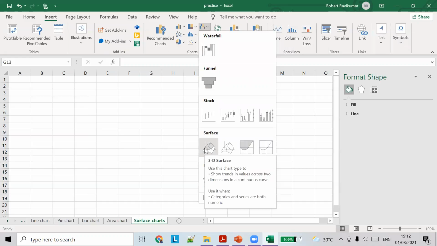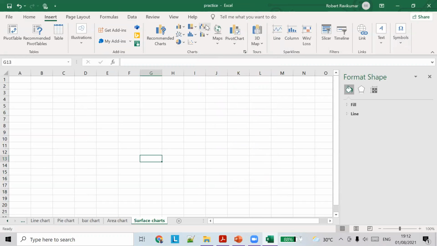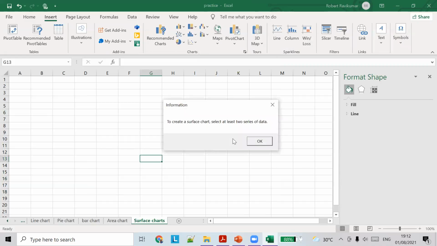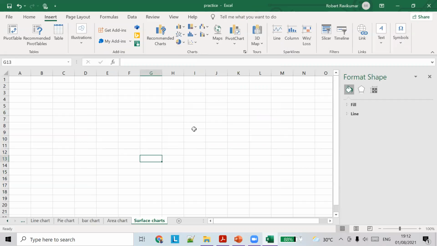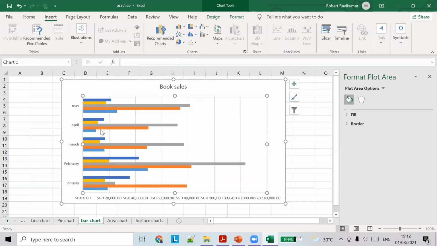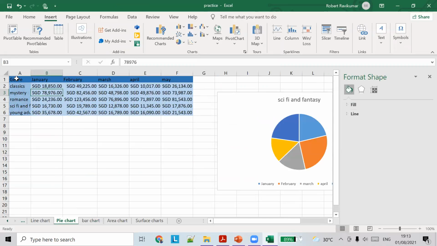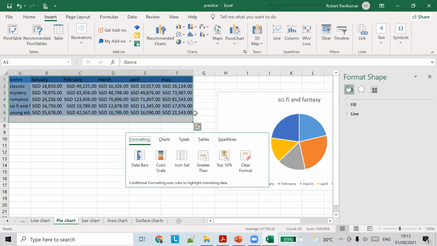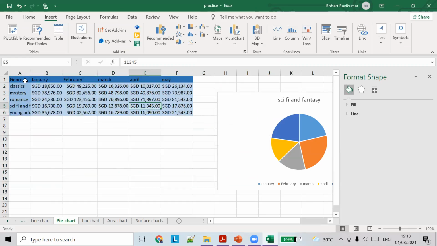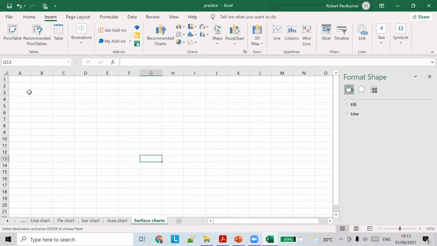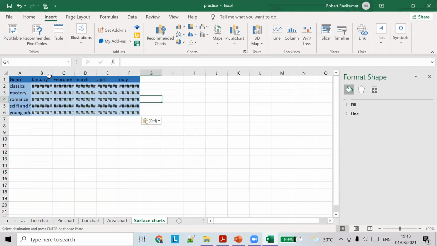So we have a surface chart here. So click on this one. Click on surface. To create a surface chart, let's select at least two series of data. Okay. So let's do one thing. First, copy the data here. Copy the data. Okay. Control C. Copy data here.